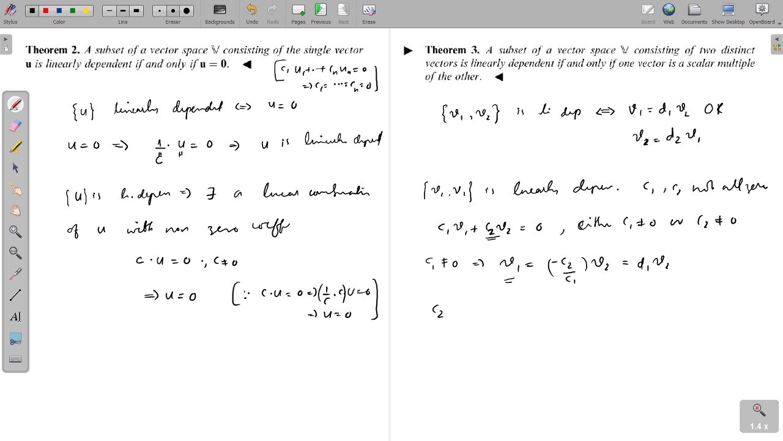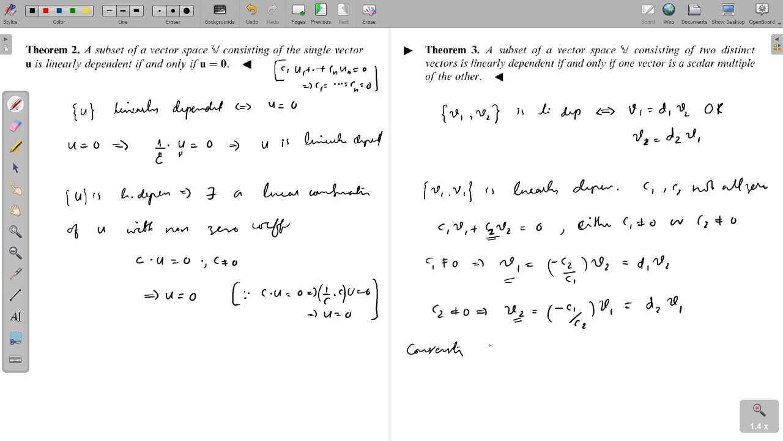In the case when c2 is not equal to 0, we can write v2 as minus c1 by c2 times v1, that is some d2 times v1. So this shows that c2 not equal to 0 implies v2 is a scalar multiple of v1. So this proves one part of the theorem. Whenever v1, v2 is linearly dependent, then one of these vectors can be written as a scalar multiple of the other. Conversely,